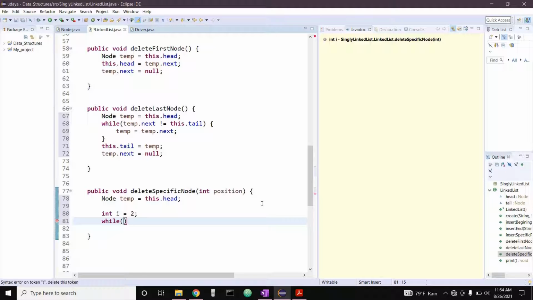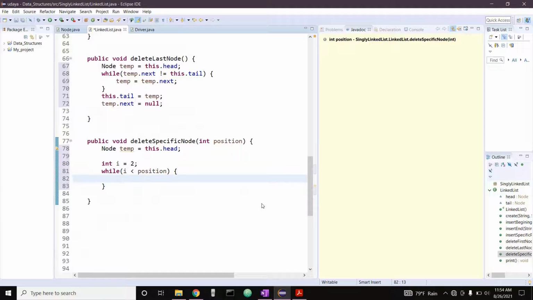The condition is i less than the position. Okay. When we call this delete specific node function, we should pass some position as